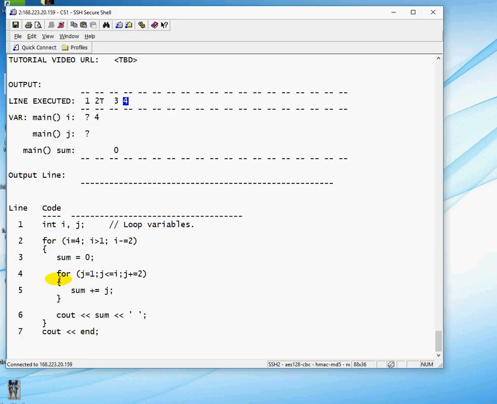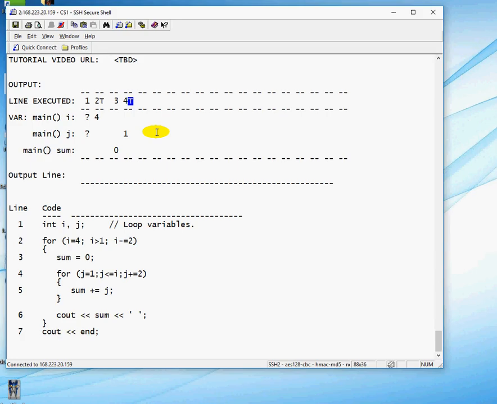What's line 4? It's the beginning of the inner loop with the loop variable j. So we begin by initializing j to 1. Then we test: is j less than or equal to I? What's I? I happens to be a 4. 1 is less than or equal to 4, so that result is true,